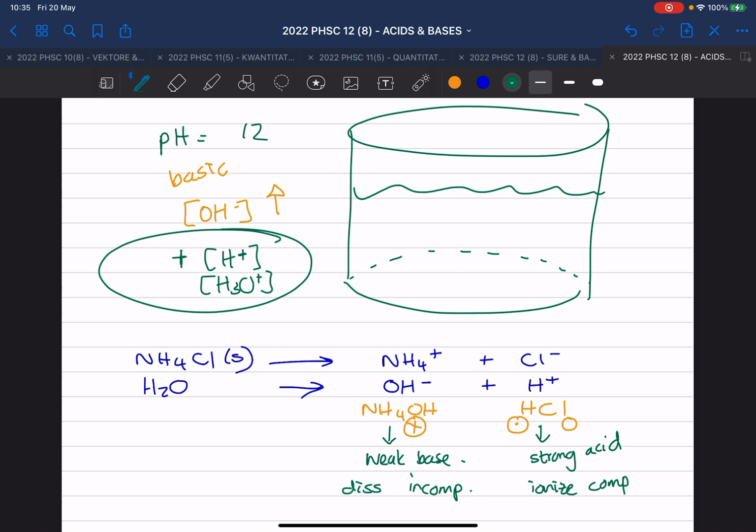They stay, they don't split up. So basically it's as if ammonium is taking the hydroxide out of the equation, out of the water. And this hydrochloric acid is a strong acid. A strong acid ionizes completely, meaning yes, these two can come together to form hydrochloric acid, but actually they remain split up. So you have a lot of these ions in the water and very little of these ions